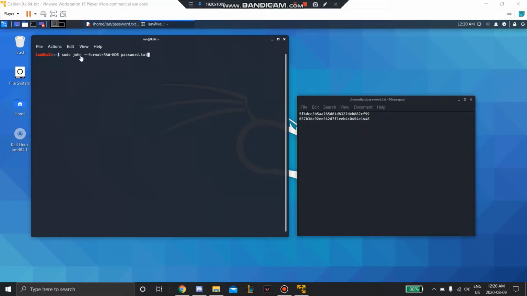So as you can see here, sudo john --format=raw-md5 password.txt. As you can see here to my right, the password.txt, these are the MD5 encrypted passwords. This is going to be the command that you run to, of course, crack the passwords. It's pretty straightforward. Sudo is a command that allows me to run John the Ripper, John as in John the Ripper, format, which is going to be MD5 style, using my password.txt file. So if I press enter,